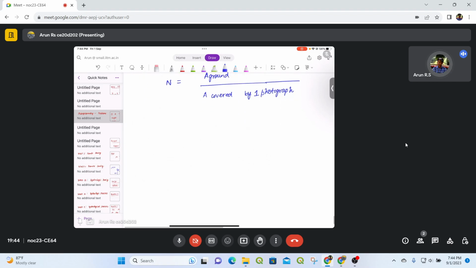So first we need to calculate the number of photographs required in the longitudinal direction. So that will be length on the ground divided by effective length covered by the photograph on the ground, plus one additional photo, because